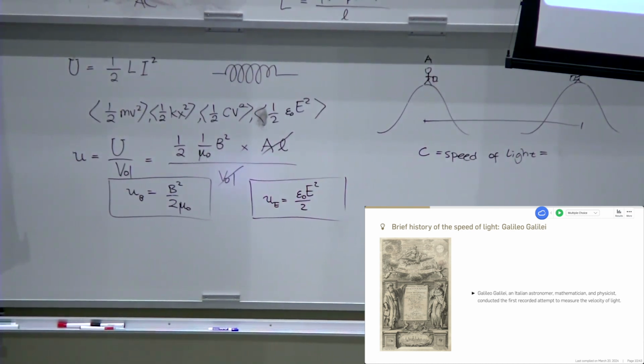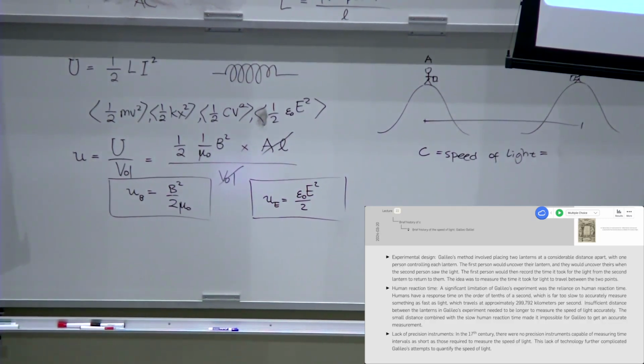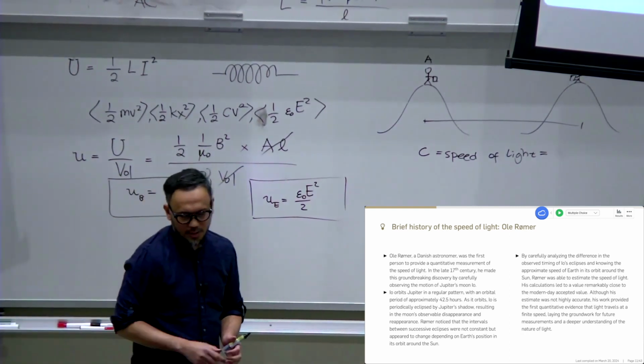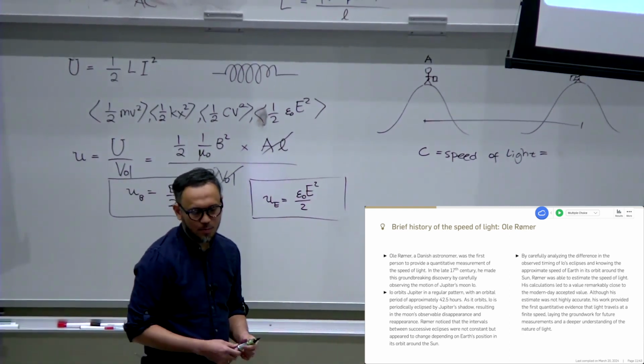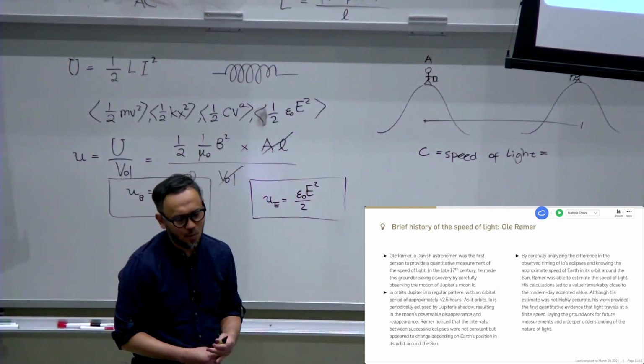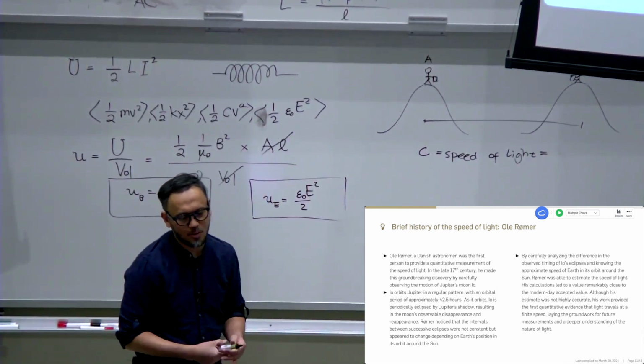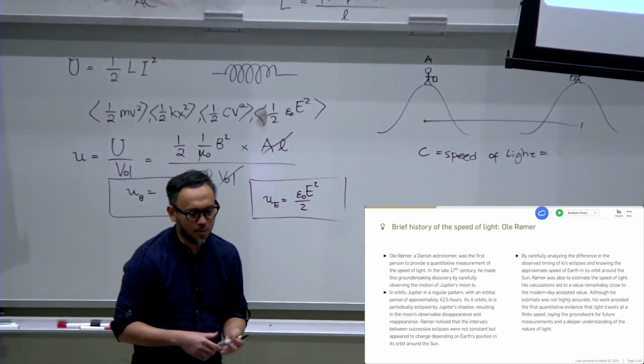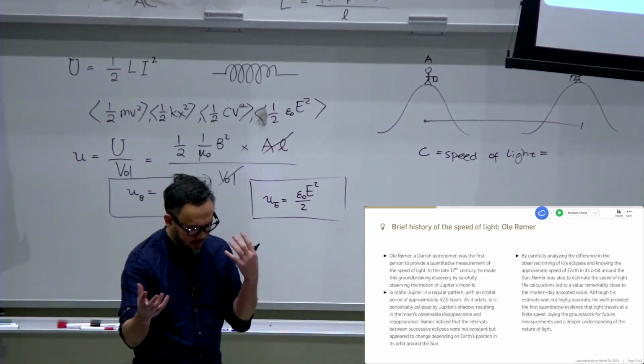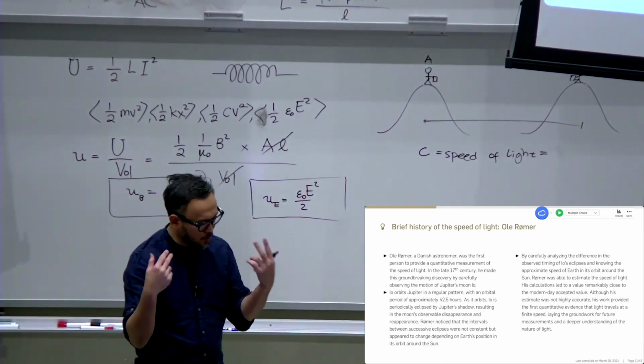So what he measured is a human response, like your nervous system, how fast your brain processes information. In the interest of time, I'm gonna ask you to read or perhaps watch YouTube videos about Ole Rømer because it's fairly complex. So what he realized is that the time between